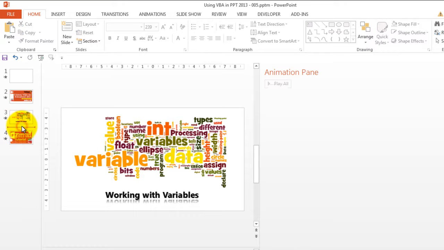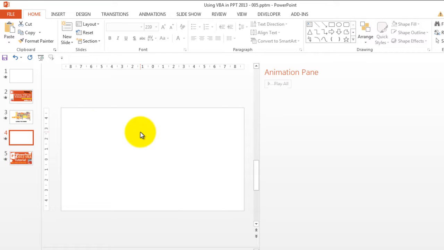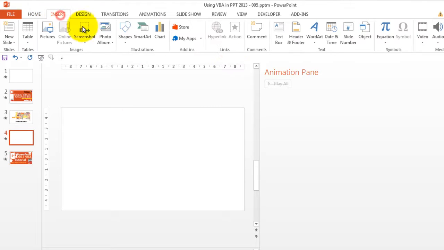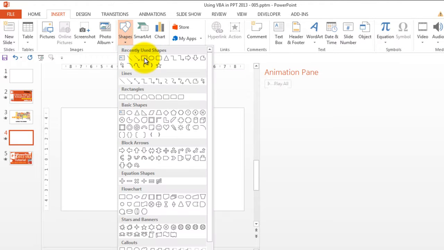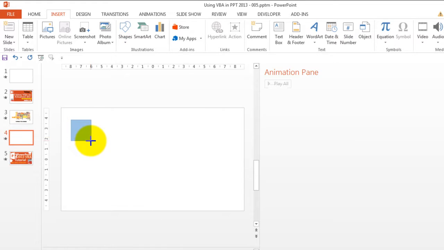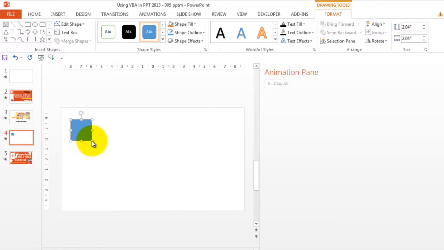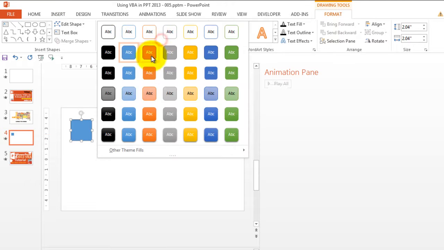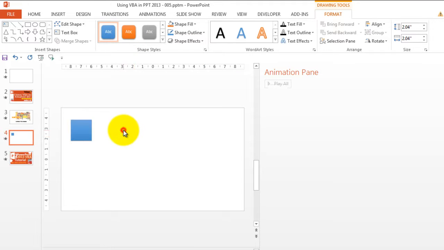Let us insert one more slide here, right? Let's insert a shape. Let's take a rectangle. Let's put it here. Okay, let's color it a little bit so that it looks good. Okay, you can see this. All right,